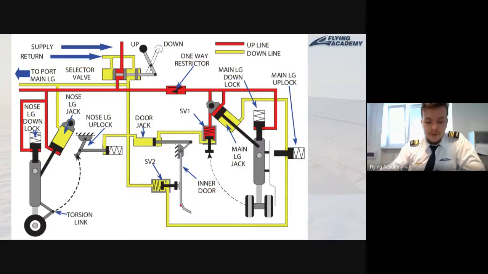In case our airplane is equipped with a system where doors go to a closed position after extension, the first thing we will need is to open the door for our landing gears. The second thing which will happen, we need to unlock the gear, because again, gear is locked in a down and up position. In our case, landing gear is locked in a down position. We can see it here and we can see it here.